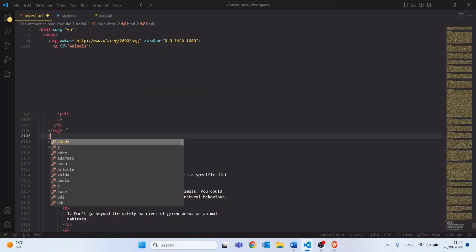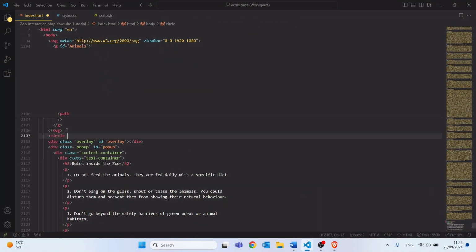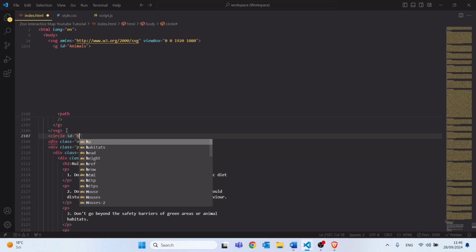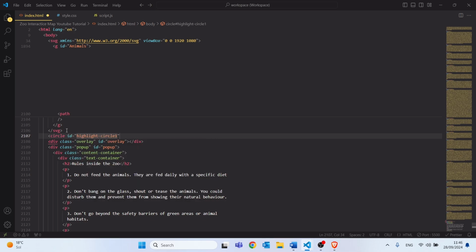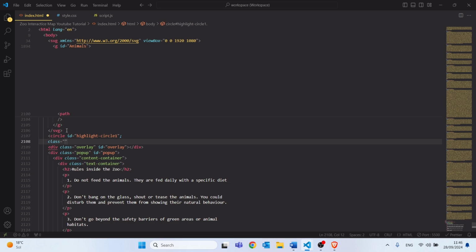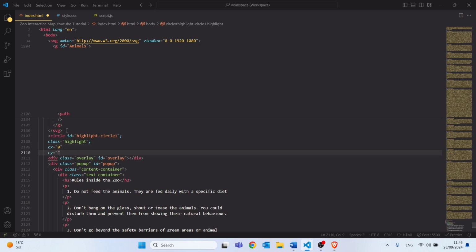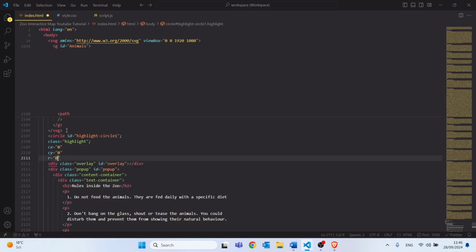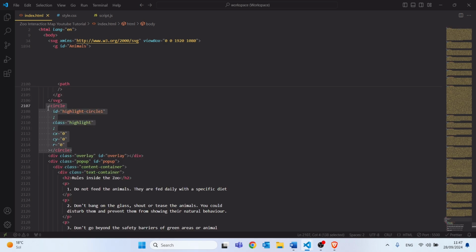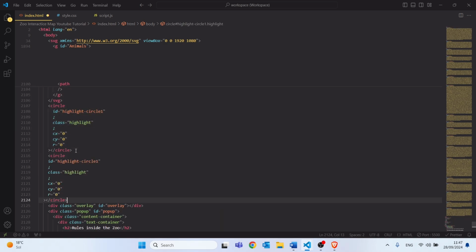To do this, after the closing tag of our main SVG, we will create the circle tag. Each one of these elements will have a class name, in this case highlight. Then I will give a cx of 0, cy of 0 and r equals 0 as well. The size of each circle will later be calculated automatically in JavaScript based on the size of the object that